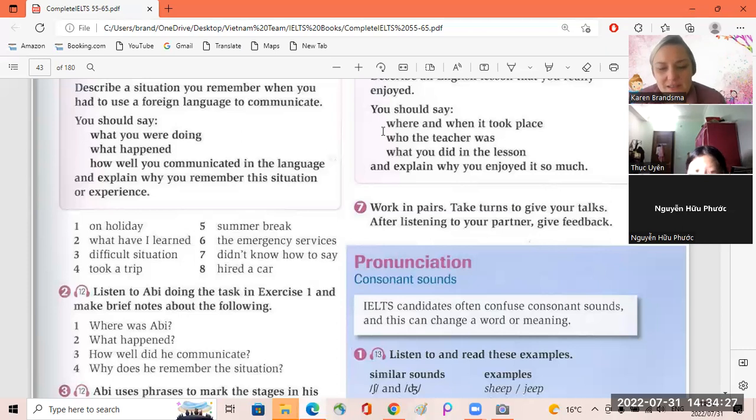So now you can start the sentence. I'm going to tell you what I have learned on my summer trip. I'll tell you about my summer trip. I went to Halong Bay and I could see a lot of